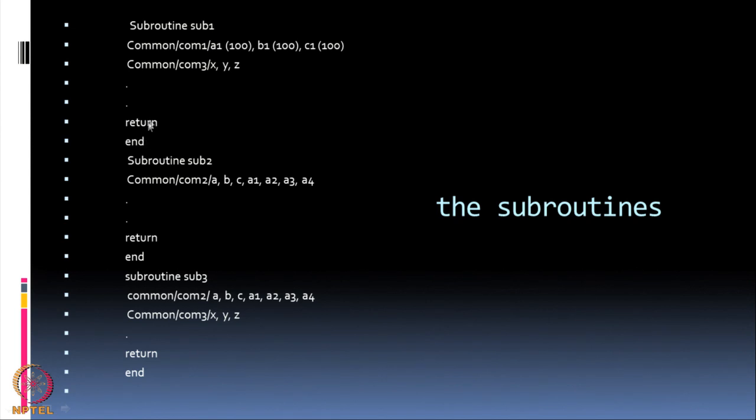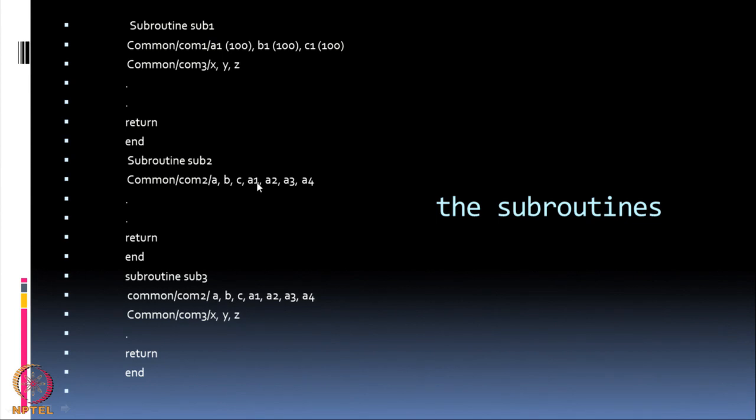So, when I call subroutine 2 from the main program, it only requires now A, B, C, A1, A2, A3, A4. This does not require COM1 or COM3. So, this subroutine will do all the calculations that are using only this A, B, C, A1, A2, A3, A4. So, the names A1, A2, A3, A4 need not be identical to the names in the main program, but whatever is the 4th item in the COM2, it will be taken by A1, 5th will be taken by A2 and so on. The order in this will be similar to the order in the main program. The names can be different.